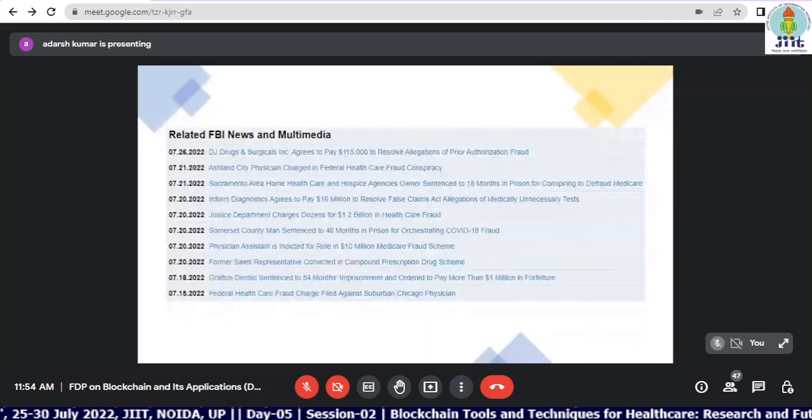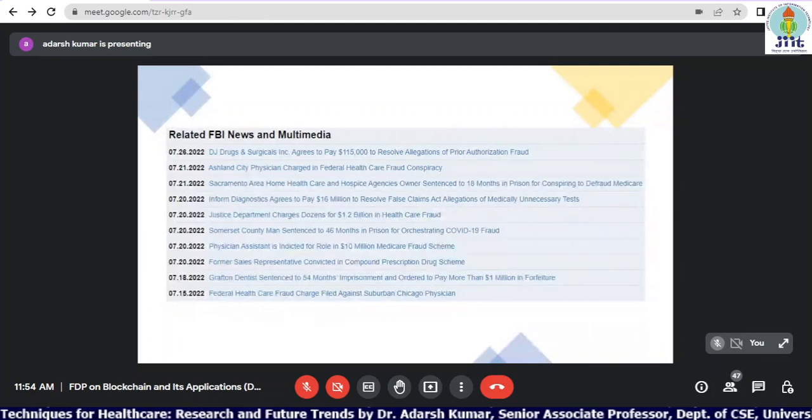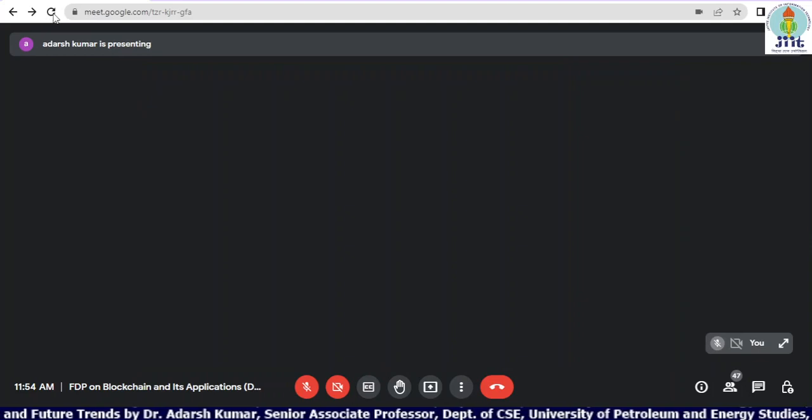And if you see the recent analysis of the FBI, millions and trillions of other kinds of frauds are also happening. I'm not going into much detail on it. You can go to the FBI website and find out the details, and it's sorted based on the dates in the slide. So you can see a large amount of fraud is happening. So if you bring some technology which provides more security to the data, immutability to the data, more transparency to the outsiders, easy accessibility and a distributed approach, no central control, then that could be one possible solution.